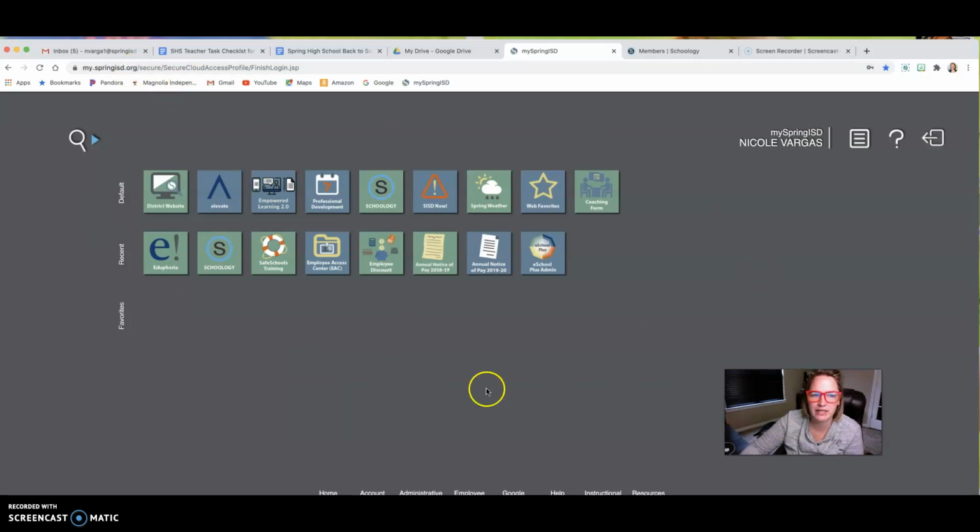But this page right here is going to be something that you're seeing quite often, particularly for probably your most common apps, which are Eduphoria and Schoology. So you'll see those here. And again, today we're just going to take a quick look into Eduphoria to see what that looks like. So I'll click here on that app,